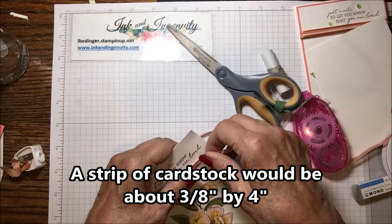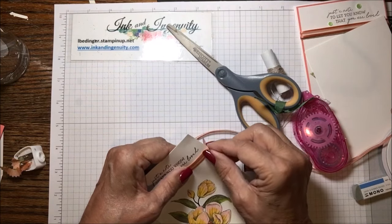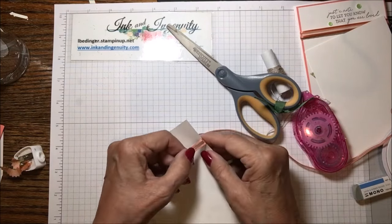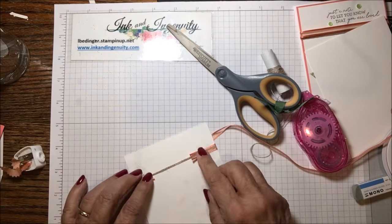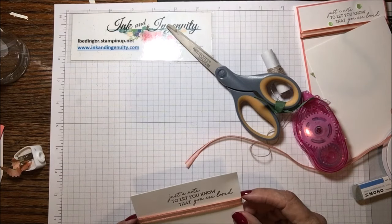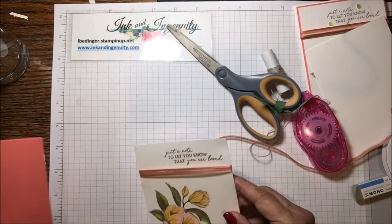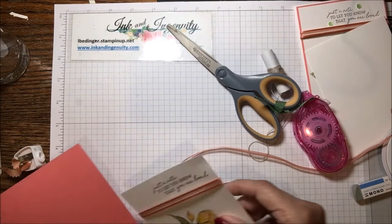With this, what I'm going to do is wrap it around here like this, catch it onto the glue on the back, stretch it across here, and wrap it around the back here. If you're like me, I have ribbon left over that's been retired all over the place, and I just hate not using it. So what we're going to do is take one of these Flirty Flamingo card bases, and we're